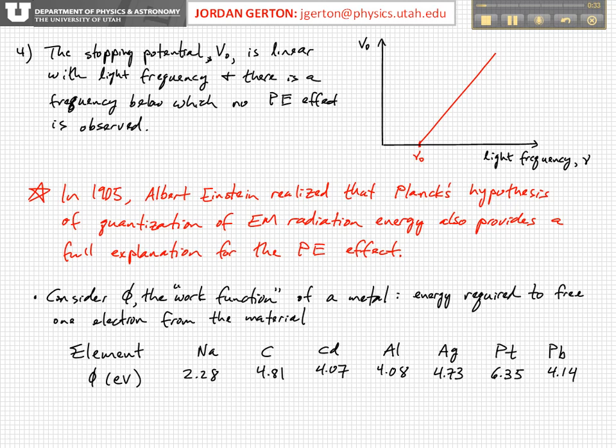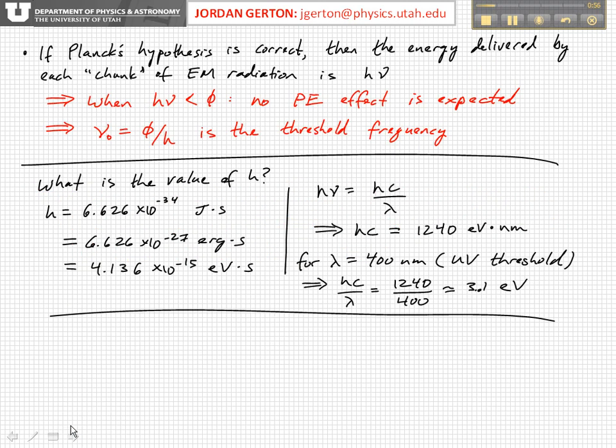Okay, so how does this work function factor into these observations? In particular, the observation that there's a minimum frequency for the light below which no photoelectric effect is observed. Well, if we accept Planck's hypothesis that electromagnetic radiation comes in energy chunks that are Planck's constant times the frequency of the radiation, nu,